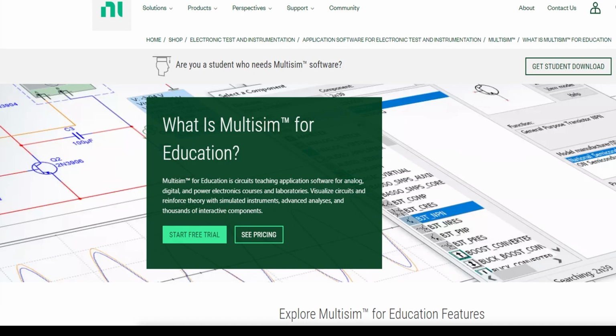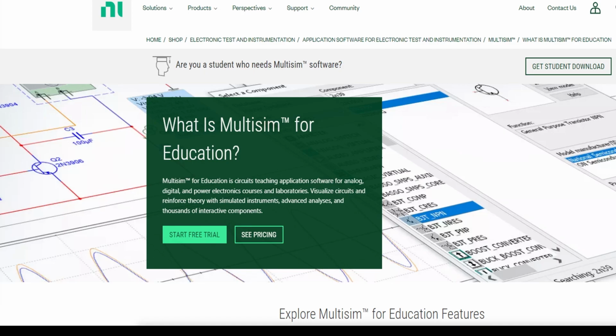Okay, what you're seeing on the screen is actually from the National Instruments website, and they're talking about Multisim. Again, this is Multisim. This is the application that we use in our class for designing circuits. My students can actually download it for free at home, and how I do it may not be the same way that you can arrange for students to do it, but this web page here,